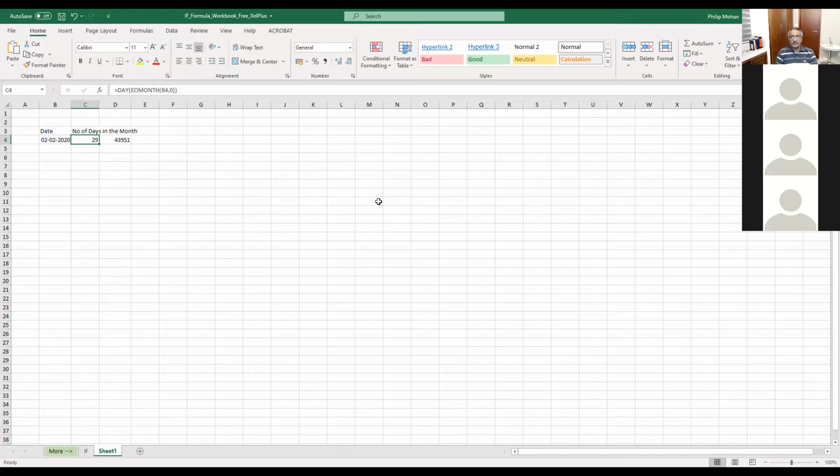No, the day is not giving you the number of days in the month. It is giving you the date of the last day. Basically, end of month gives you the last date, but from the beginning of the month. So effectively, it's the number of days in the month, right? That is because of the way she has used that formula. She has nested those two formulas, so it is picking up the date 29 from that end of month date.